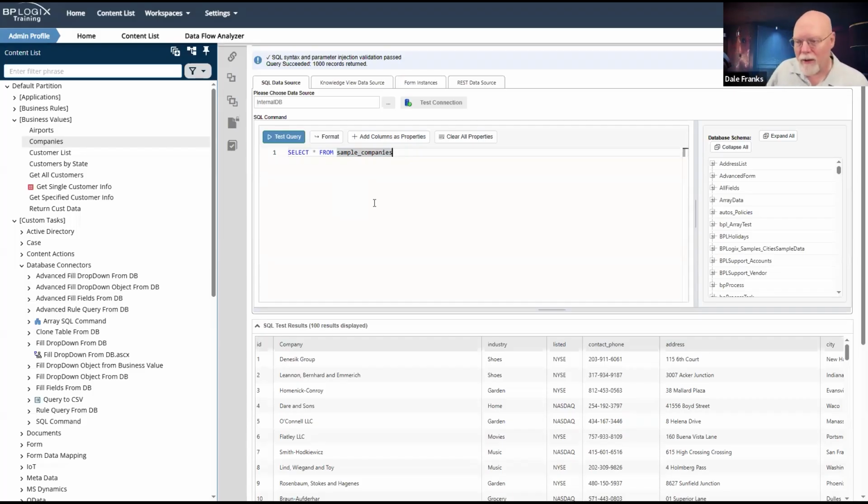It's also good in the sense that this is about the simplest SQL command that we can give. But SQL commands can get a lot more complex than this. You might want to run a stored procedure. In fact, you might need to run a stored procedure because you have a large number of variables that need to be passed in, say from a form via a parameter. So you need to be able to parse all of those inputs.